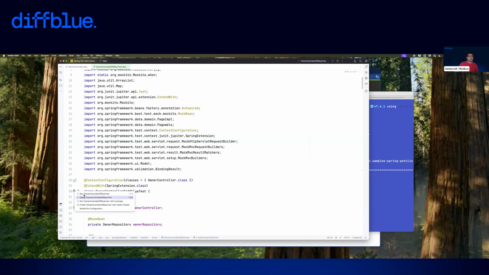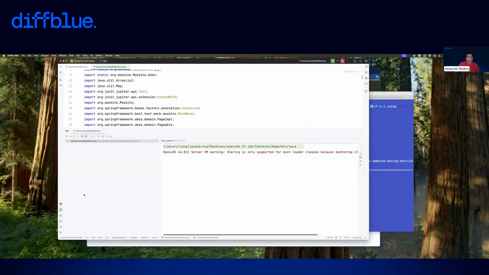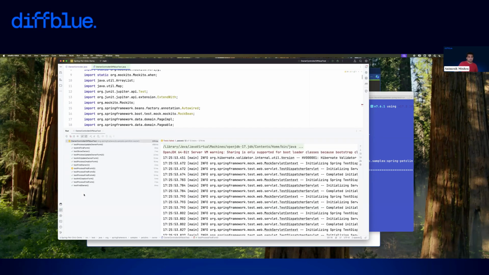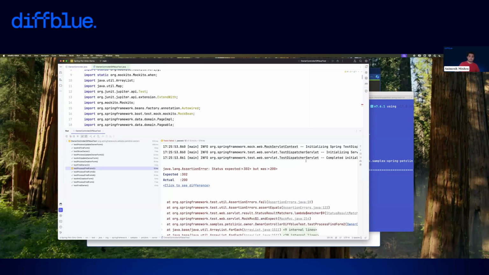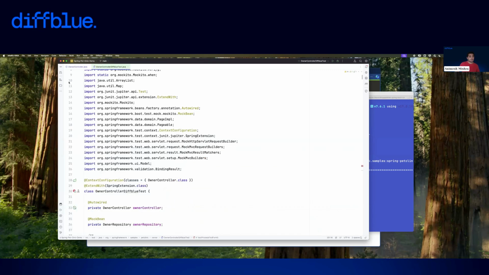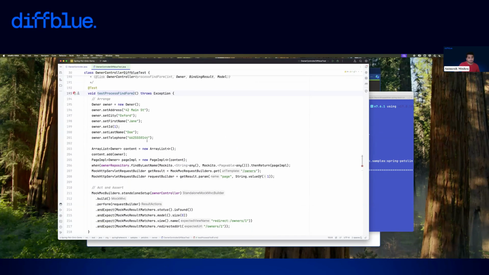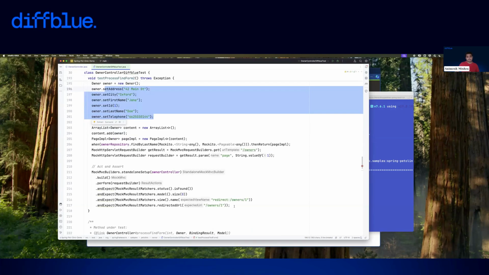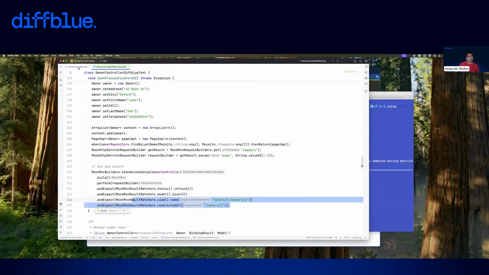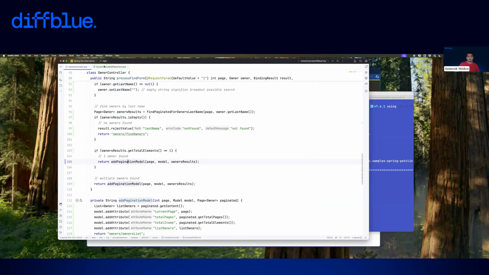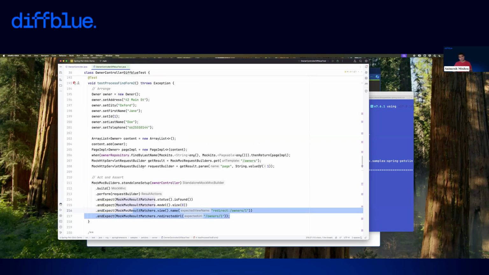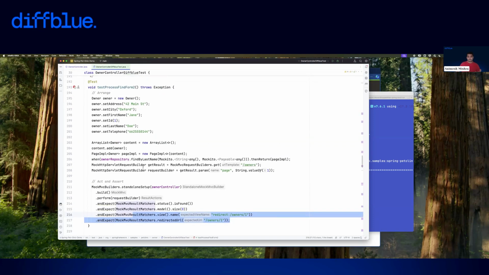So I'll run this again. Don't need coverage this time. And lo and behold, most of the tests do pass, which is great, which means my code change is indeed quite localized. One test case does fail though, which is the case that deals with my optimization redirection scenario. Single result, expecting to see a redirection. We've just changed the code to do a pagination. Obviously, it fails. Now I have to update this test case